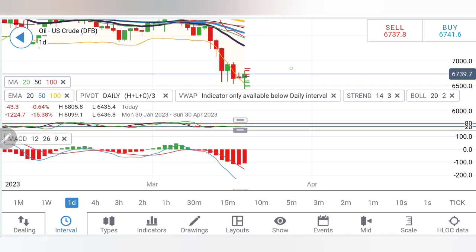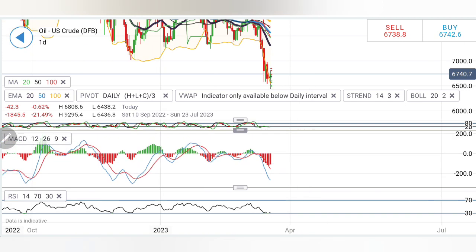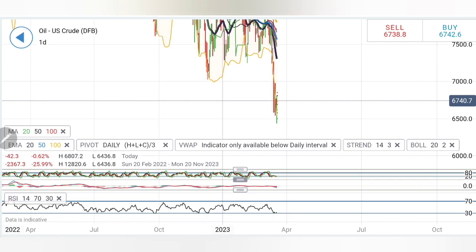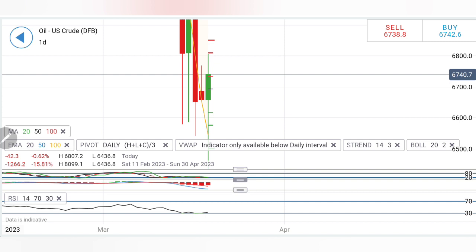Stochastic is oversold, the MACD is divergent and bearish, and this is still at quite lower levels. However, it still has some scope to drop. However, let's see how it behaves. RSI is almost at the bottom and near oversold levels. Now, considering this, remember, the only sell confirmation which I can see right now is